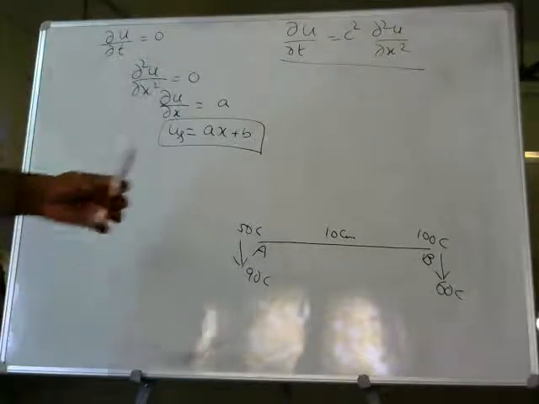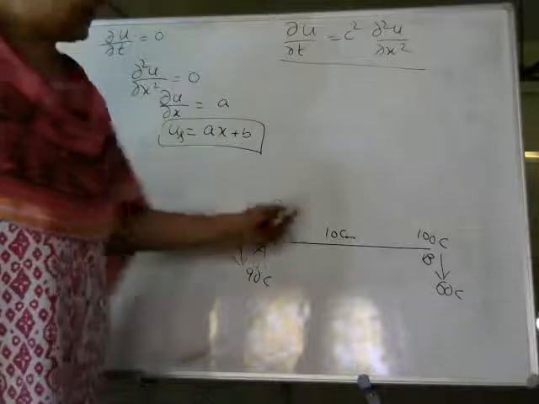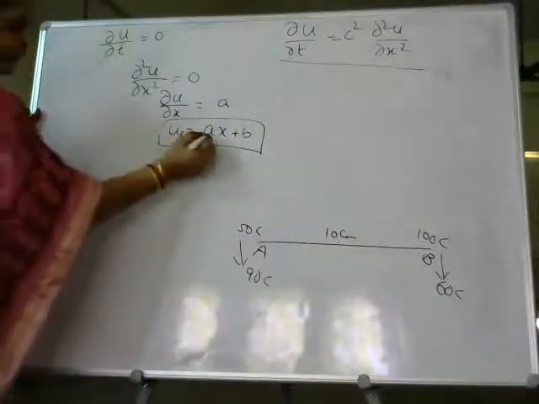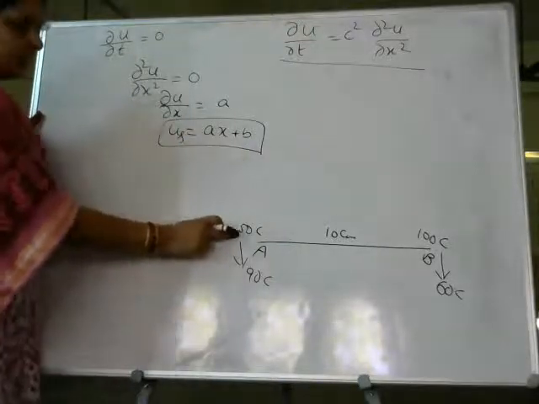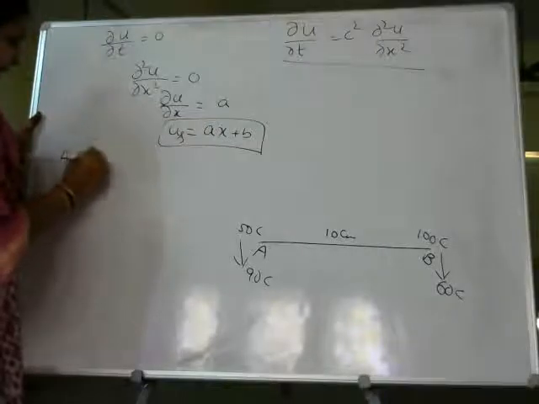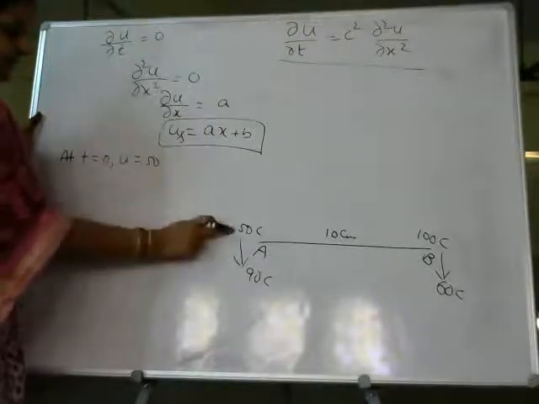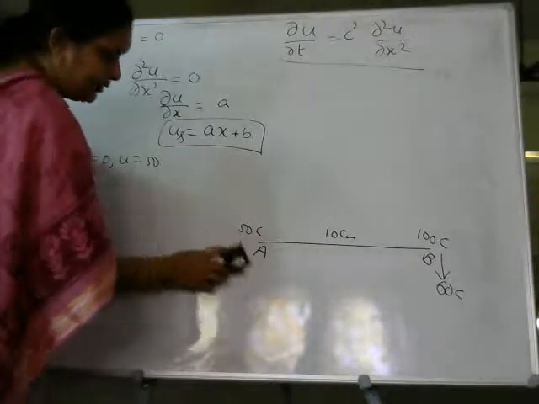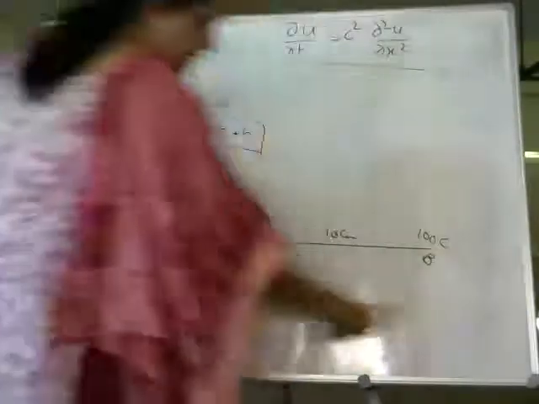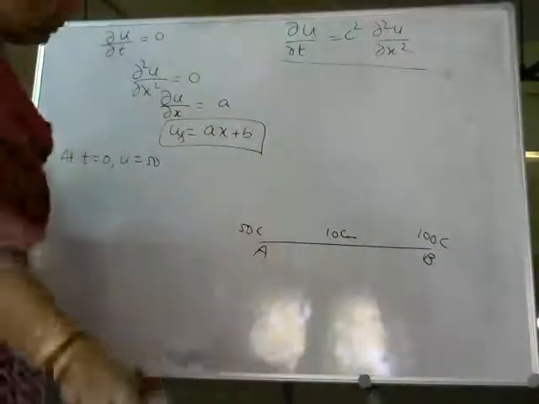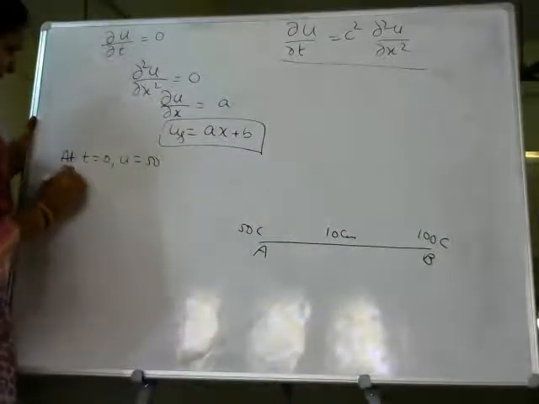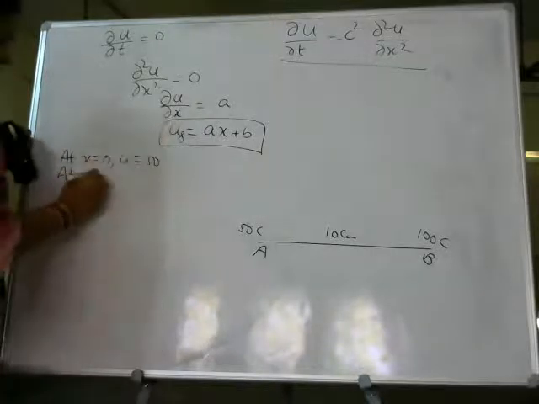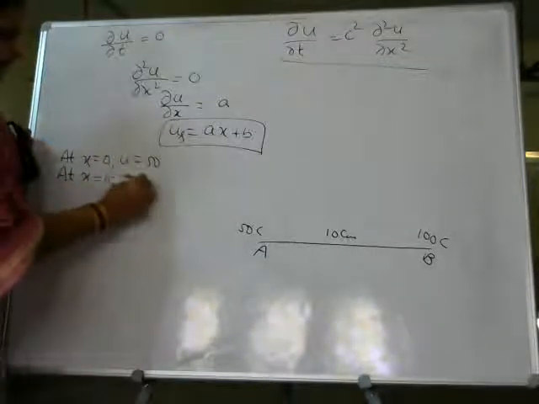So originally the temperature of the rod is at 50 degrees and 100 degrees until steady state. This is the solution you have to use over here. To find out the constants a and b, we use the conditions. What is the condition given? At x = 0, u is equal to 50 degrees originally. To avoid the confusion, I will erase the second solution part. Initially we are taking the conditions for this steady state, u_s. And similarly, at x = 10, on the other end, the temperature is 100 degrees.